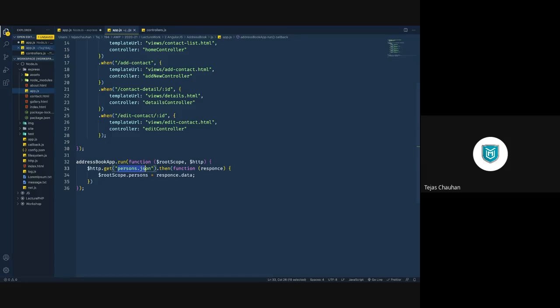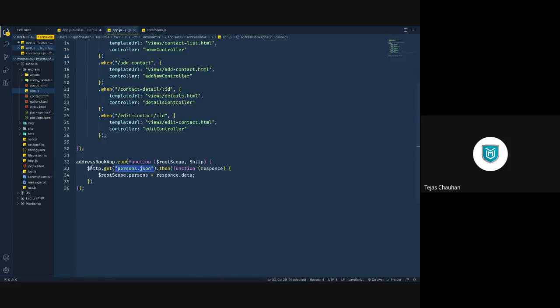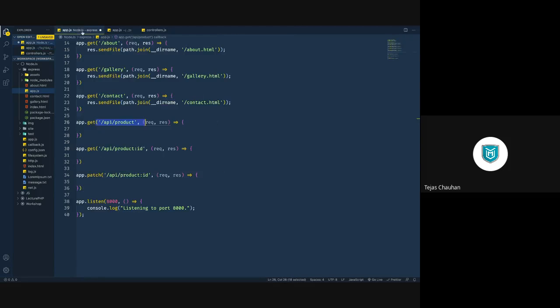It will be something like http colon double slash localhost colon port number slash, and then your routing. When you do this, or when you go for the GET request from your AngularJS application, it is going to make that GET request at this place here.